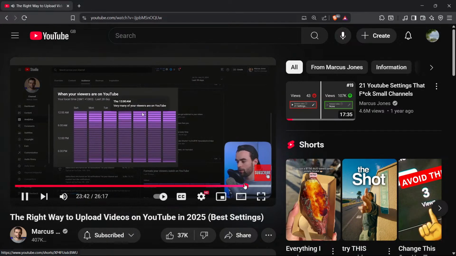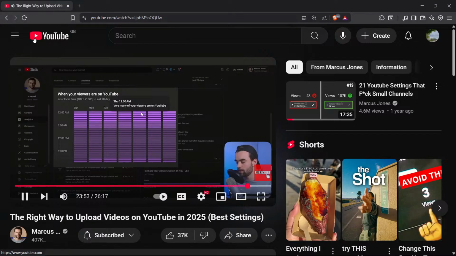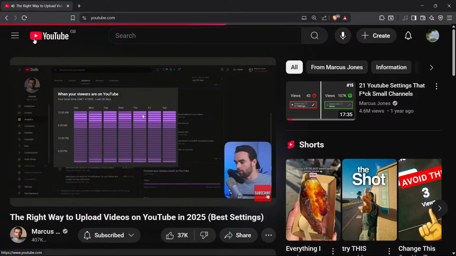So if I hover over these boxes, the lighter purple you see, the more viewers are online. So these dark purple sections, it means not many of my viewers are online. If I hover over this, you can see that. But if I hover over these sections, for example, like from 12,